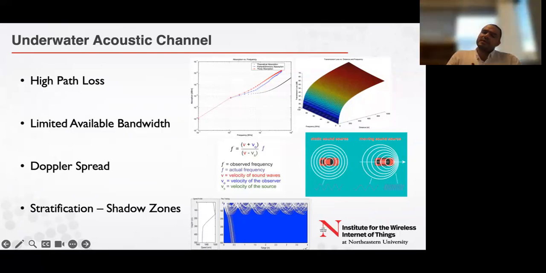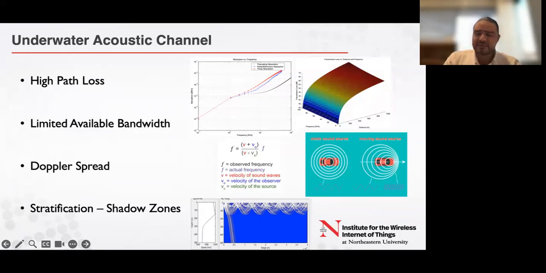Normally, you won't really hear about the Doppler effect in the RF domain. And there's a good reason for that, because of the speed of light, we cannot move anywhere close to the speed of light. This means the factor of relative speed is negligible, and you don't really see much of a frequency shift. But because the speed of sound is slower in underwater domains, even a few meters per second of movement becomes really, really